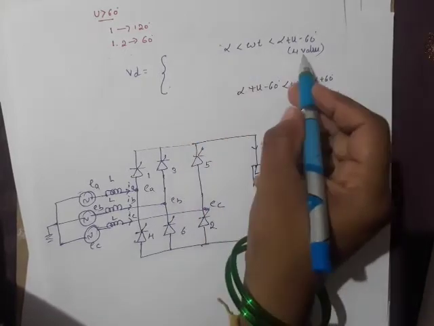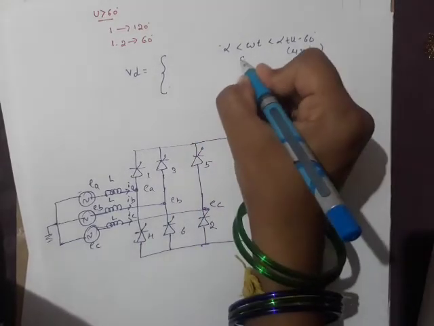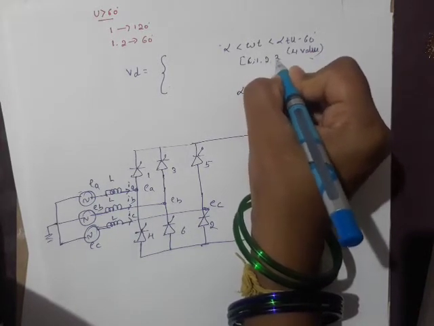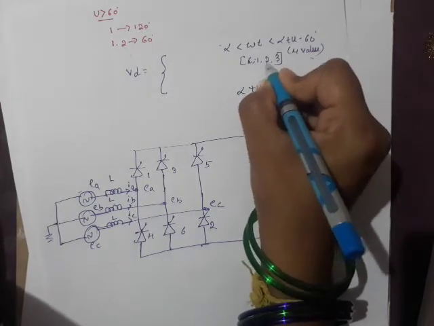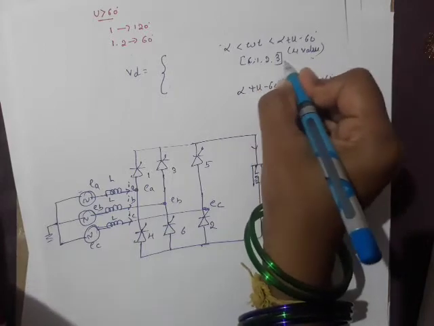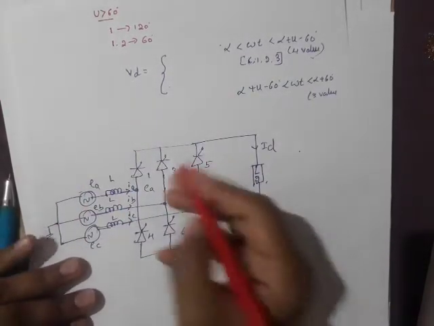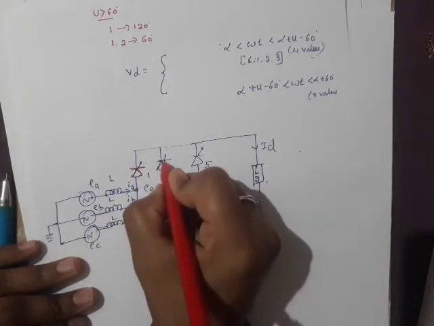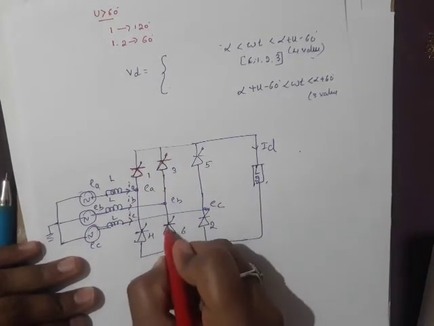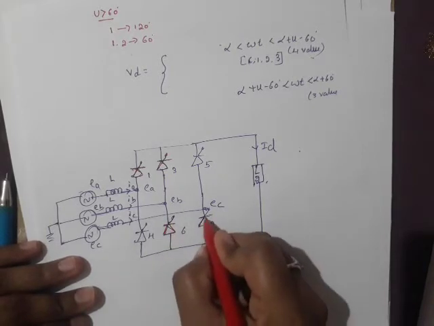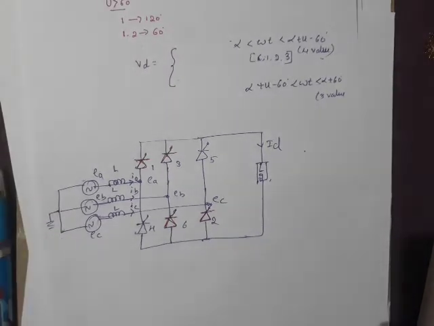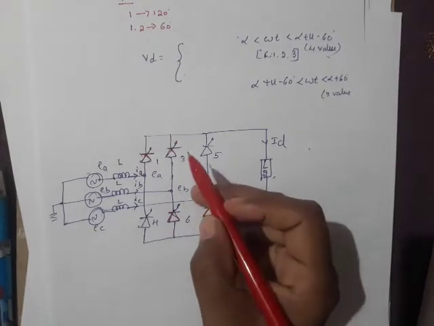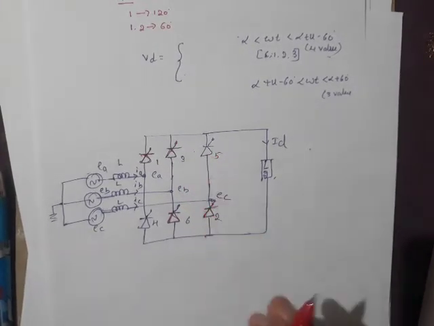See, when 4 valves were conducting, what are those 4 valves? 6, 1, 2, 3. When valve number 3 comes into conduction, before that 6, 1, 2 were conducting. Now it is 6, 1, 2, 3. So what are all the valves conducting? 1 is also conducting, 3 is also conducting, 6 is also conducting, and 2 is also conducting. If you look at the pattern, in the second leg, both 3 and 6 are in conduction.